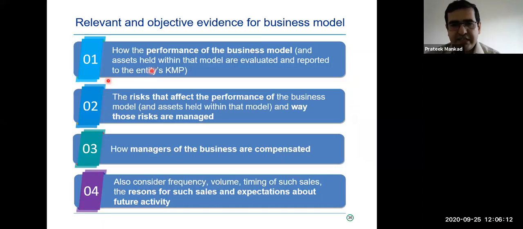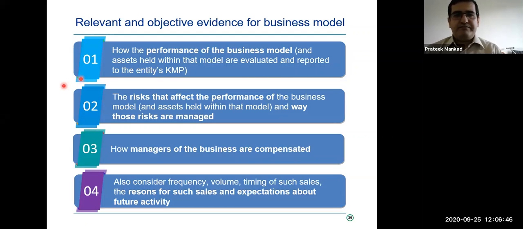In a bank's treasury, you will have 2-3 different roles or different people doing work. For one person, his role or his objective is only to trade and make profits. His bonus also depends on how much profit he makes for the bank. That business model cannot be FVOCI or amortized cost. It has to be FVTPL.